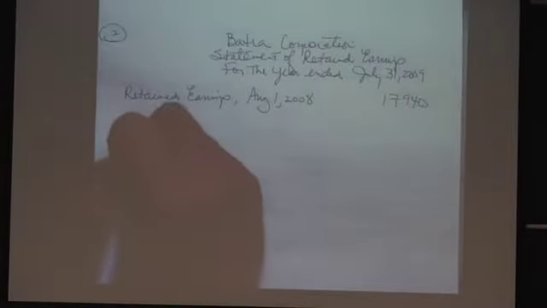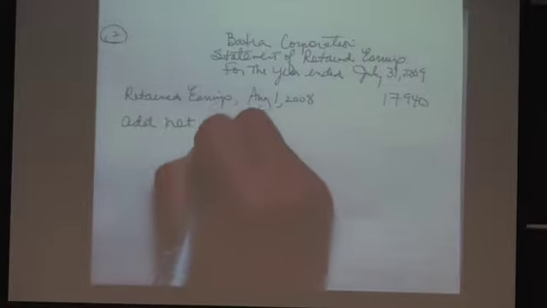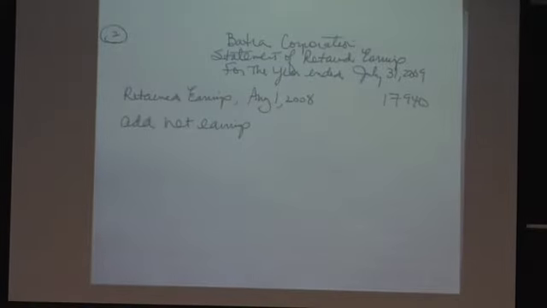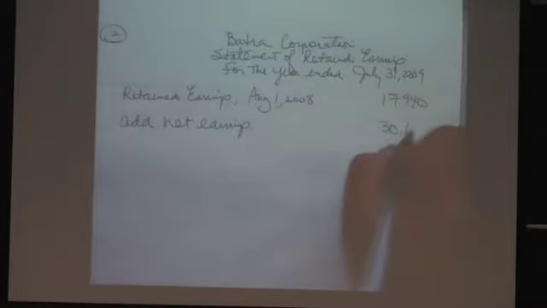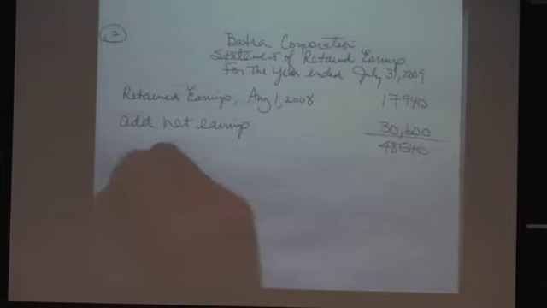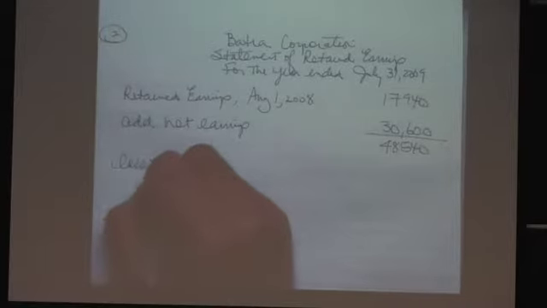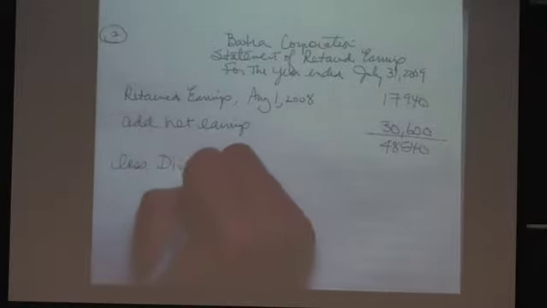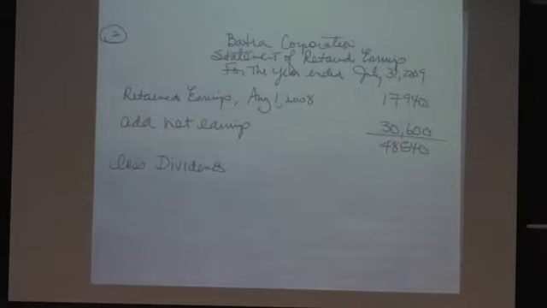We're going to add the net earnings that came from our statement of earnings of $30,600, less dividends. In other videos, we're going to see the different types of dividends, but we're going to categorize only one at this point. Call it dividends. And that one is given to us for $12,000